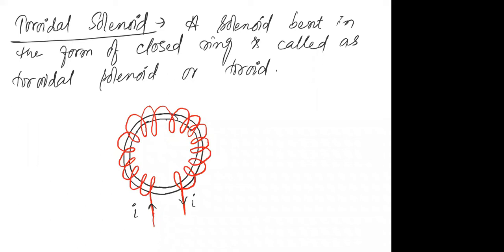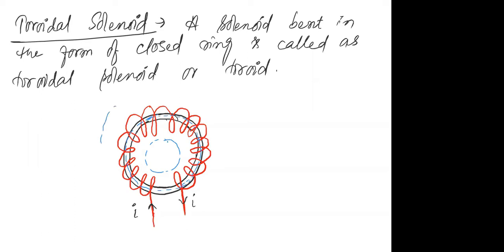Now we're going to talk about the formula for the magnetic field of this toroidal solenoid. I have already told you this will have the same magnetic field as the previous solenoid, but we need to derive it. To derive this result, we will be taking three loops. Try to understand. And what are these three loops and where will we take them? I'll take the first loop inside this ring. I'll take another loop inside the core of the solenoid. These are the Amperian loops that I'm taking to find the magnetic field, right?